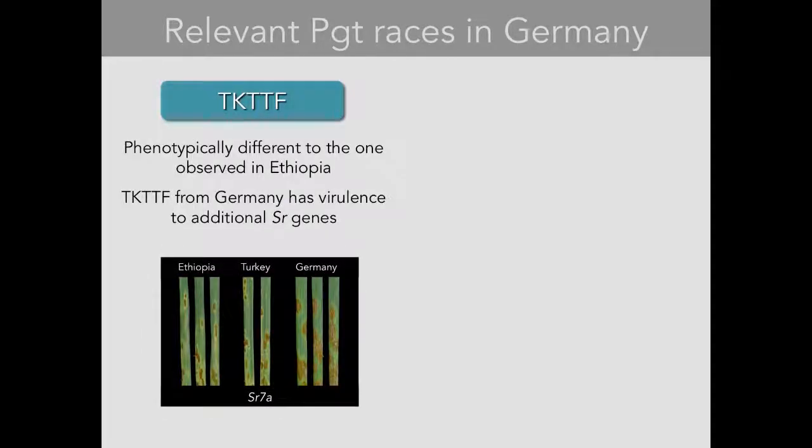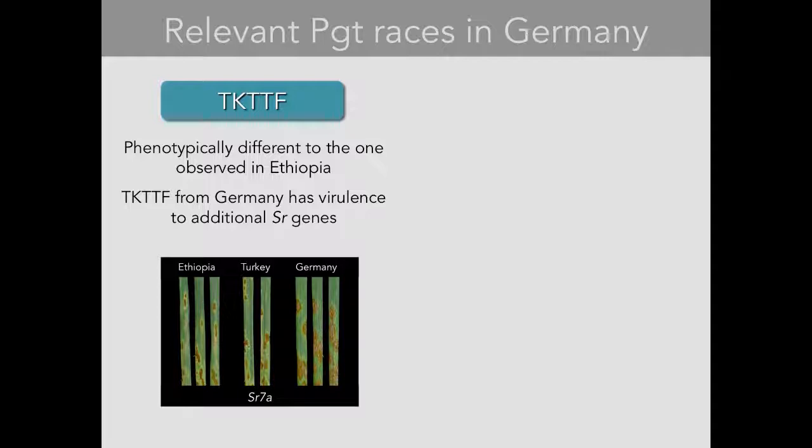So the first thing we wanted to know was whether this unusual outbreak in Germany was due to UG99 or a related race. So did UG99 reach Europe or not? After processing 17 stem rust samples, we identified 5 races, and none of them belong to the UG99 group. Today I'm going to be presenting 2 of the races that we think are the most relevant ones. So look what we have again: it's race TKTTF, but in this case, the German TKTTF is phenotypically different to the one that we observed in Ethiopia and the ones that caused the epidemic.